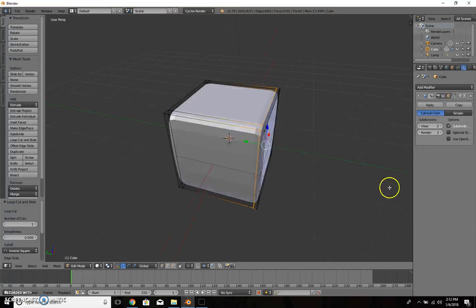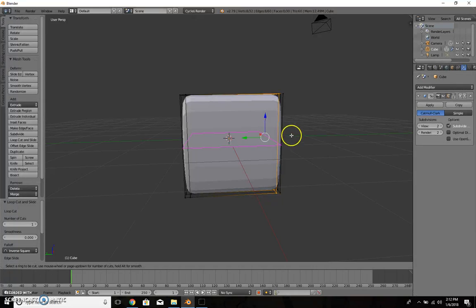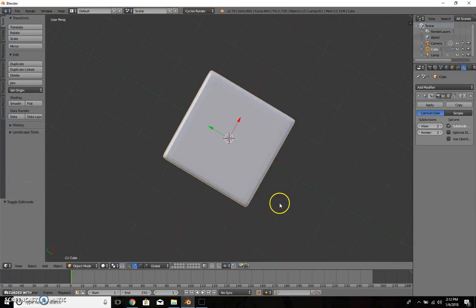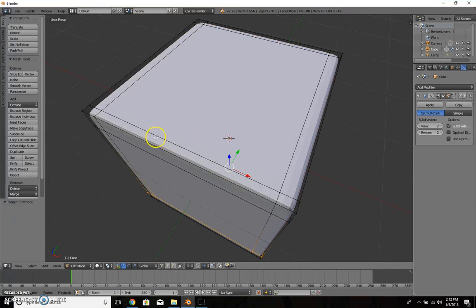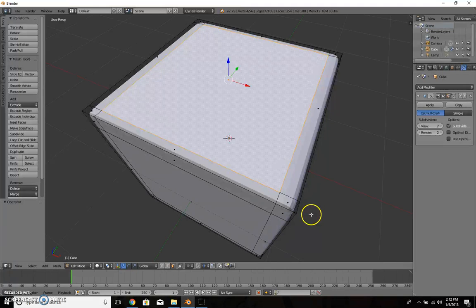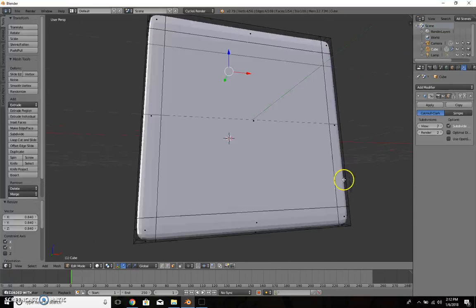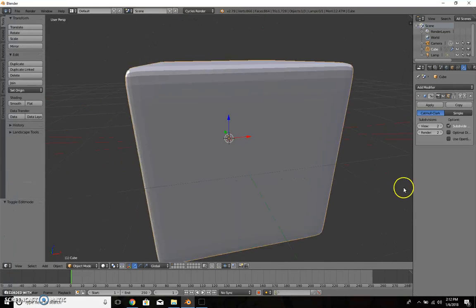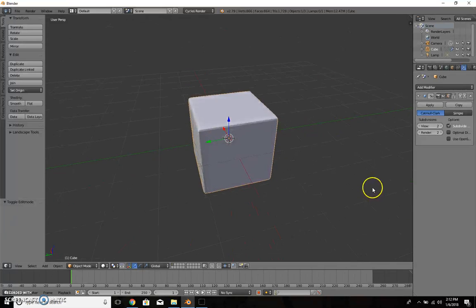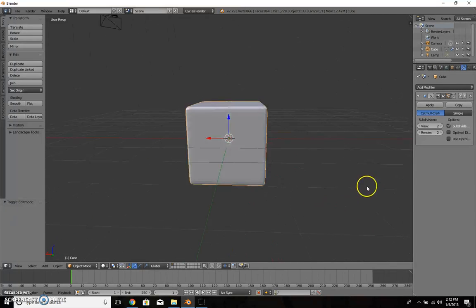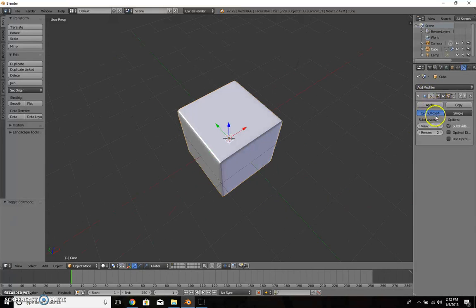Control R, it's going to the edge. I'm going to Control R the side, lift up, loop cut. Control R, down, loop cut. And it seems a little off, so select the face, scale it in a little. Scale, Shift Z. I just made my loop cuts a little too big. Never mind. Alright, so now that the cube is less perfect, as dice are,